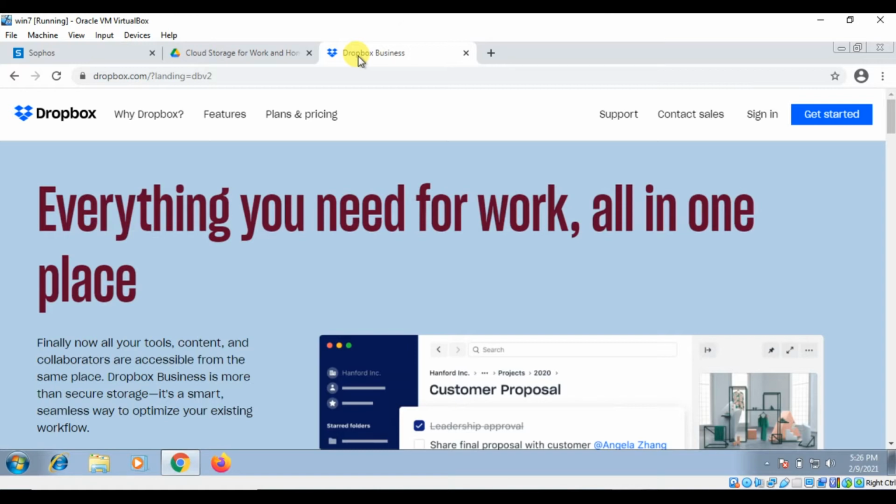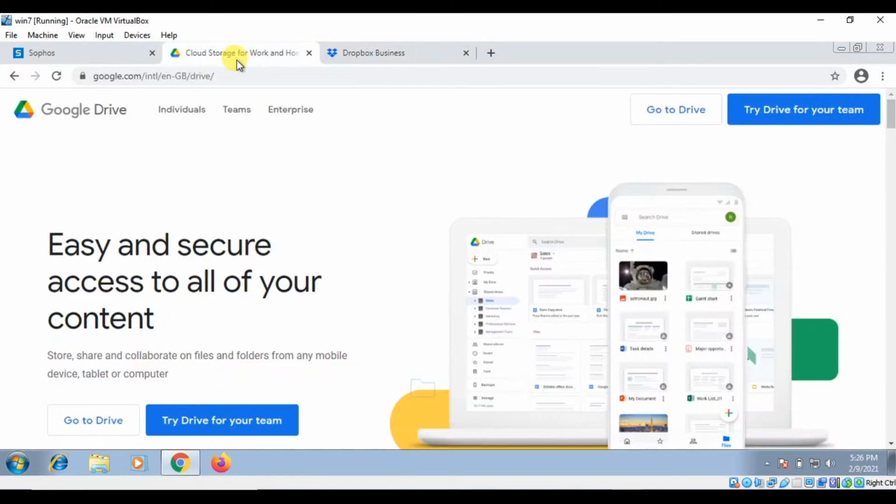So I mean to say, these types of applications consume lots of bandwidth. And the same thing happens with the Google Drive application as well.